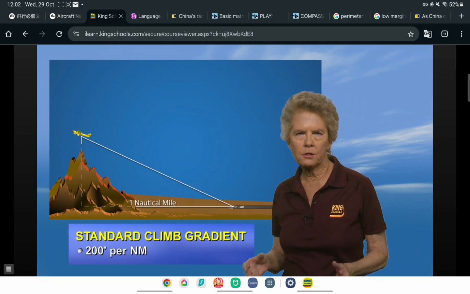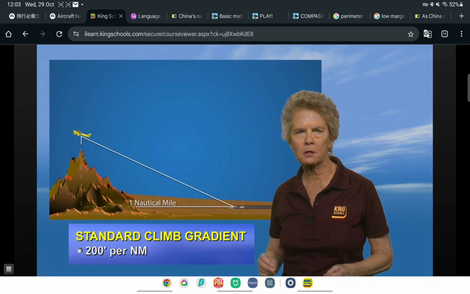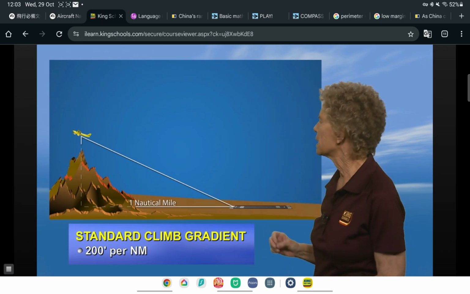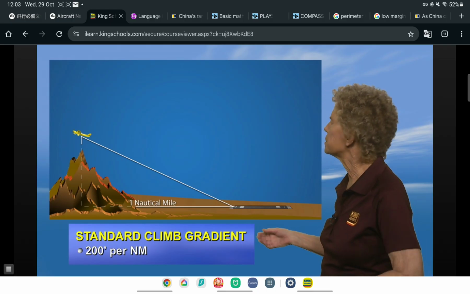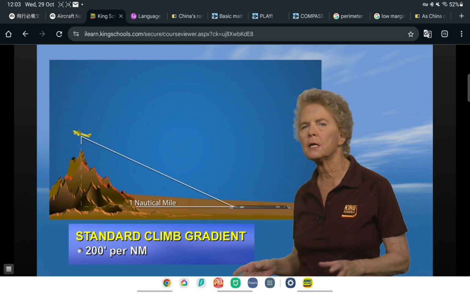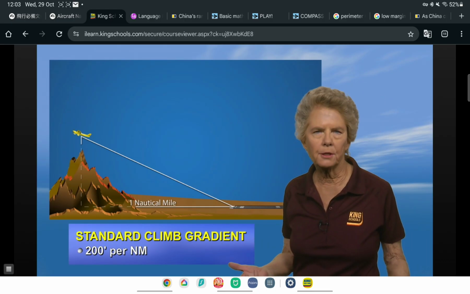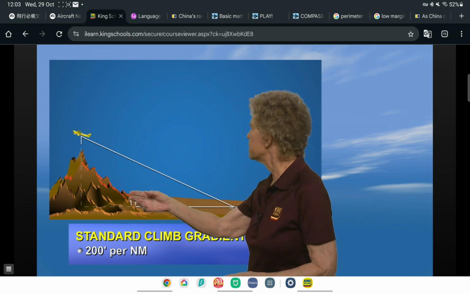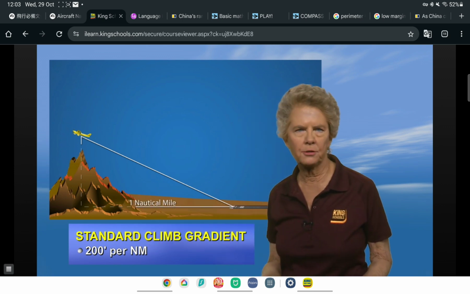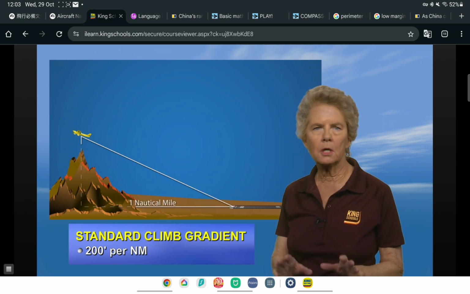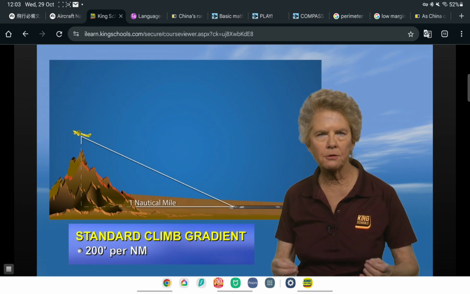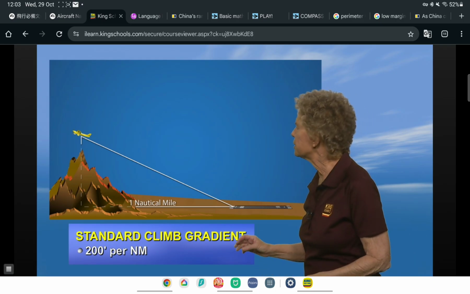Now, the FAA uses a standard IFR climb gradient of 200 feet per nautical mile. However, sometimes a greater climb gradient may be needed for a specific departure. Typically, this is because of obstructions such as mountains and man-made structures. But if no climb gradient is specified, you just need to meet the standard climb gradient, which again is 200